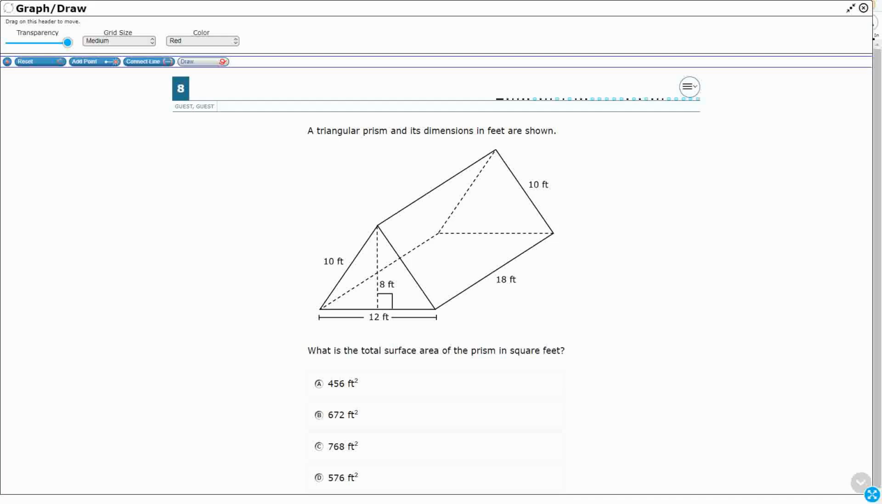All right, so we have a triangular prism. We need to find the total surface area. Now, if we want, we can just take the 5 faces, right? I've got 3 rectangular faces, I've got 2 triangular faces. Just find the surface area of each of those, but we also have